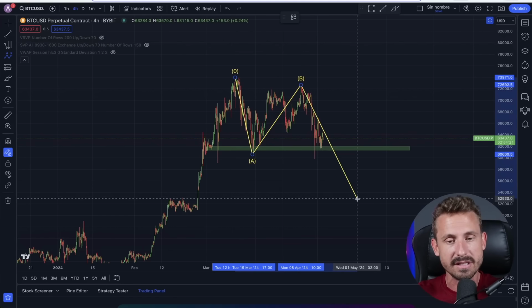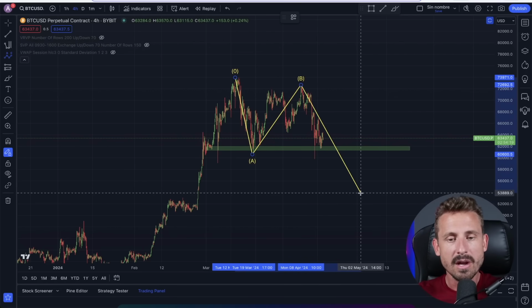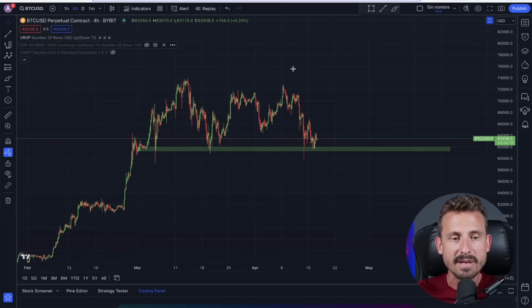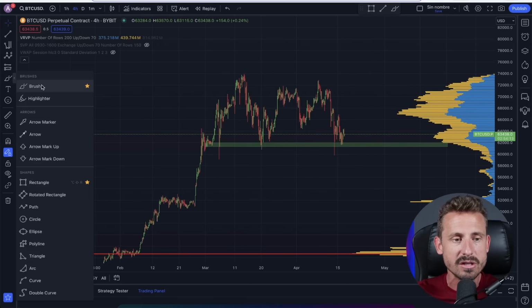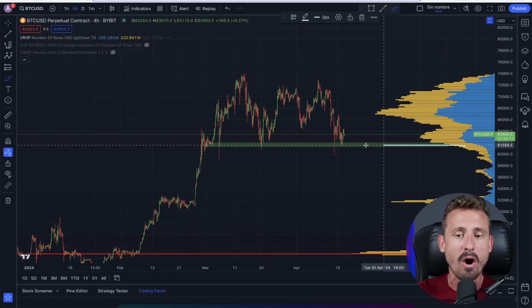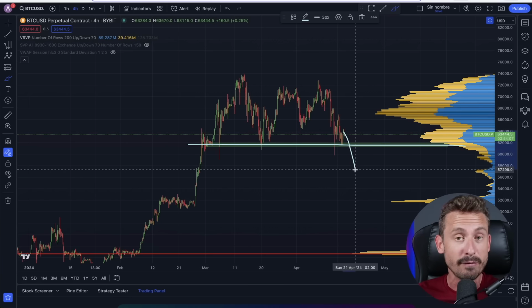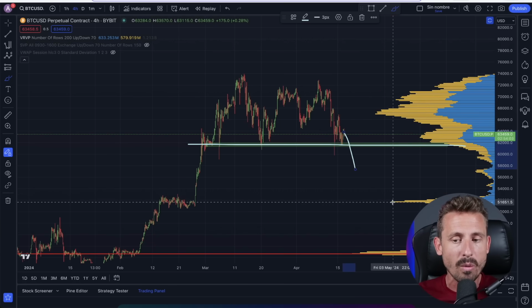A regular one would have the C wave going to much lower levels. Well, of course, this is where it gets a little bit complex. This might be the low. When we take a look at the volume profile, we understand that this is a strong level of support. The price of Bitcoin does not want to drop down successfully from this level, as if it does with high volume, we could be coming all the way down to the